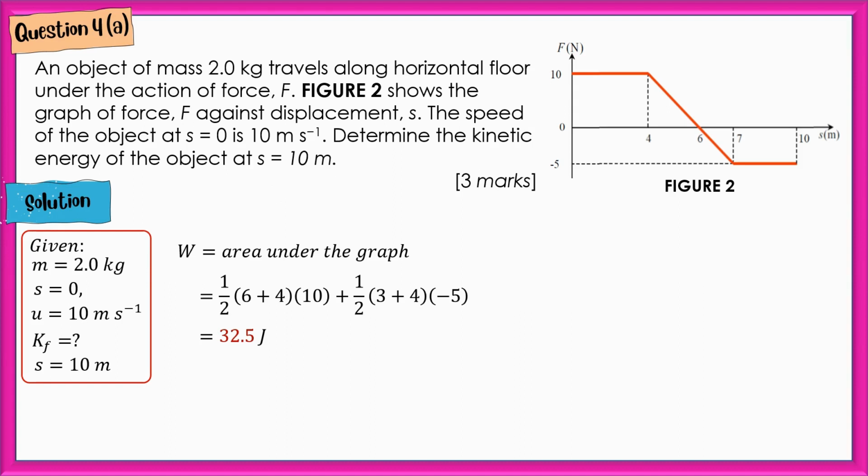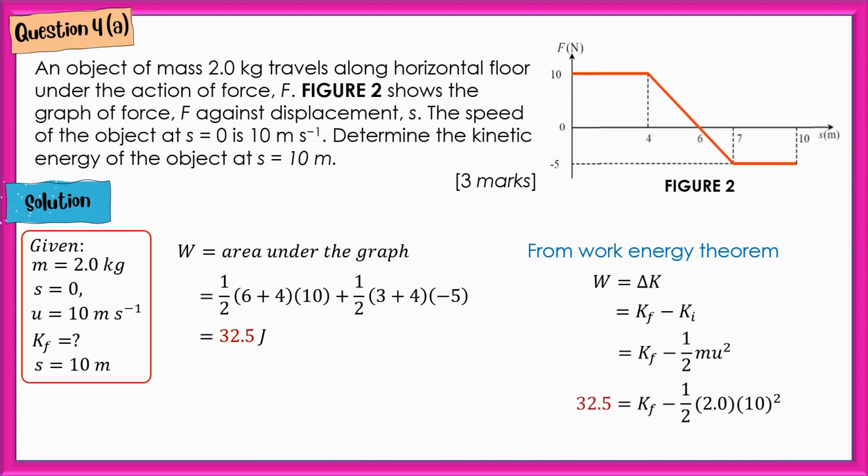From the work done, because we want to determine the kinetic energy, we can use the work energy theorem, where the work energy theorem states that the work done is equal to the change in kinetic energy. So for the change in kinetic energy, K final minus K initial, we need to calculate the kinetic energy when S is equal to 10 meter, meaning that it is the final kinetic energy. When you substitute the value for work done that we have calculated earlier, and also the half mu square, you will get that the final kinetic energy is equal to